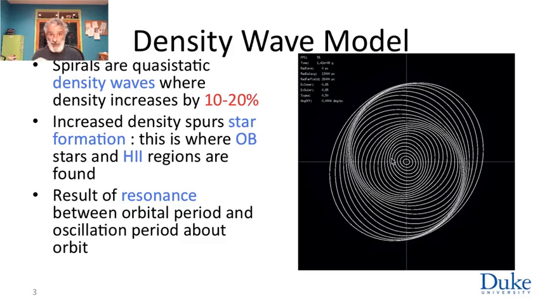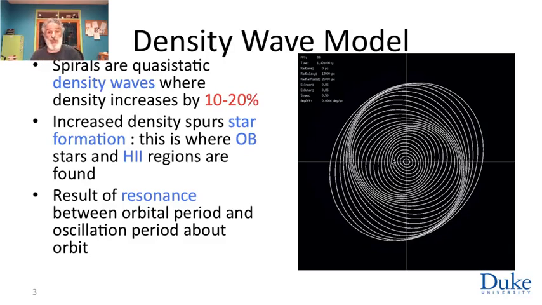Now, stars as they orbit enter this region and then they exit it. Clouds of gas enter this region and exit it. When a cloud of gas encounters this region of higher density, that's higher pressure, the cloud of gas is compressed. Some clouds may become critical in the Jeans sense. They will then begin to collapse, and by the time those clouds are exiting the spiral, at the leading edge